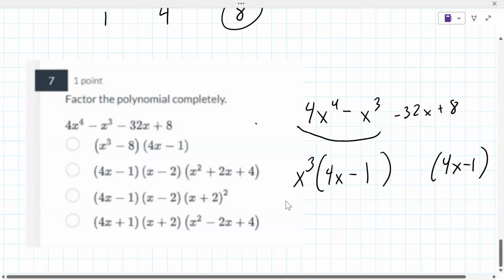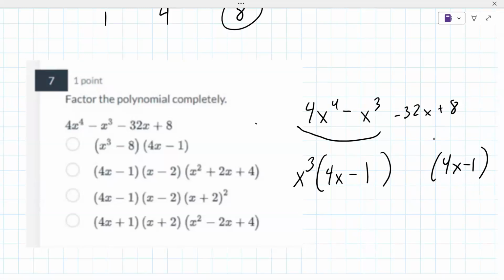Right, so then you figure out what goes in parentheses or what goes outside the parentheses such that when you multiply in, you get back to the previous line here. 8. Oh, wait, would it be -8? -8. Good. So now these both have a 4x minus 1 in them, so you factor that out, and you're left with x cubed minus 8, which is the first answer, but probably not